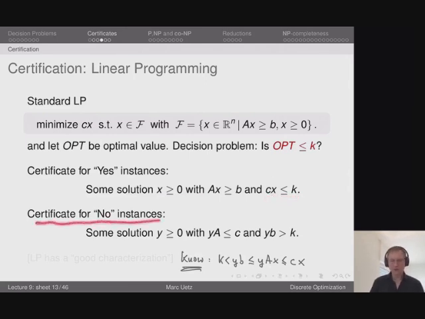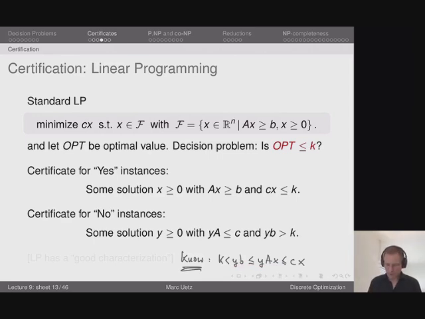What is the certification for no instances? Same way as we did it for the general matching problem. You give me a dual feasible solution y, which has an objective function value larger than k in this case, because it's a minimization problem. So k is smaller than the dual solution value. Now I invoke the weak duality theorem, or here the